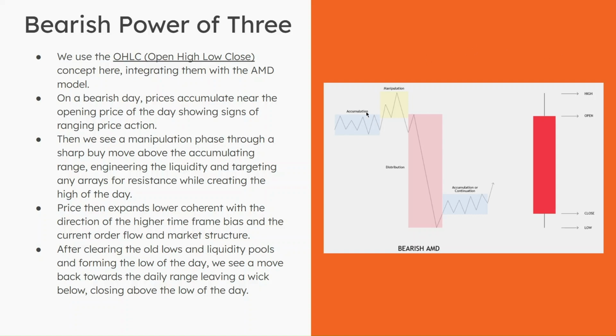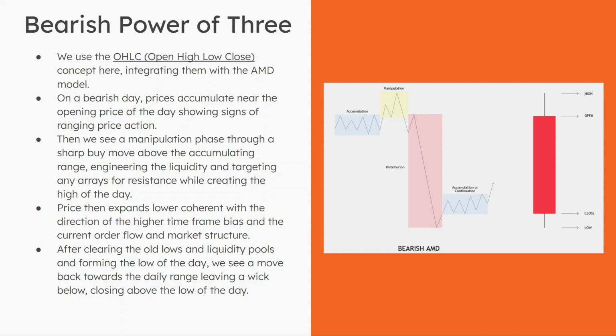As we can see here, we have accumulation right after the true day open or right before a crucial kill zone. We see manipulation inside the kill zone, which is followed by a move down, which is our distribution. The price goes down in a way that is consistent with the higher time frame bias, the present order flow